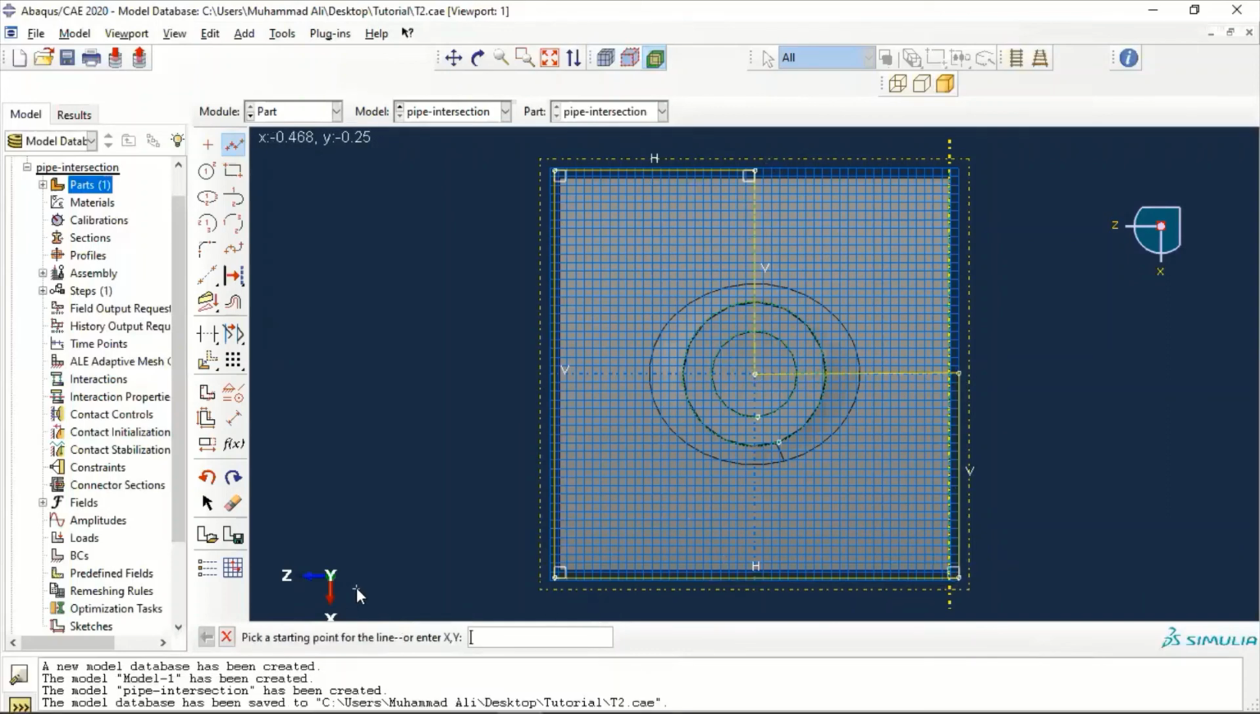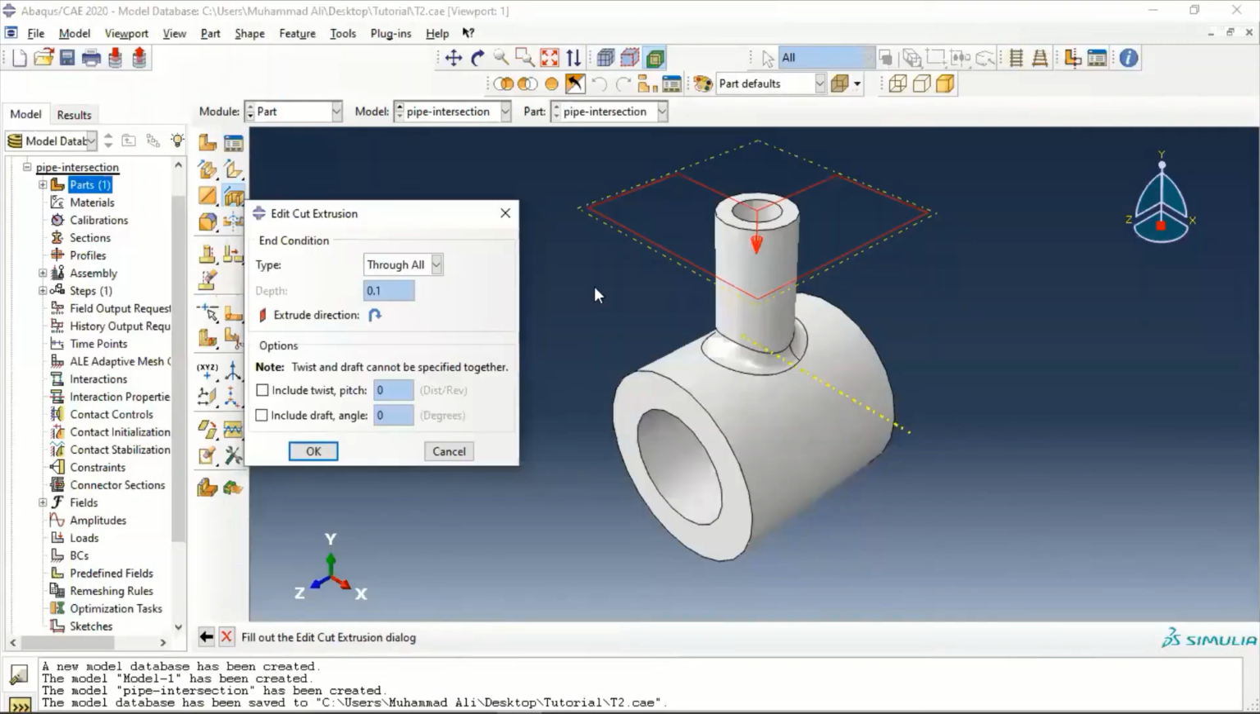Okay, so we have created this corner and press on done. Now we want to extrude it all the way, so we keep the type as through all, press on OK,